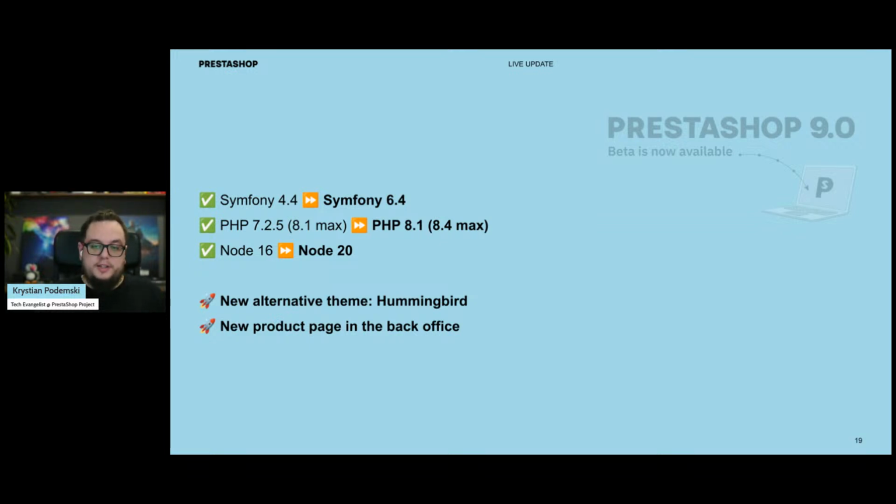And you might say that, hey, but this new product page was already available in PrestaShop 8.1. And yes, that's the fact. It was available. It is available starting PrestaShop 8.1. But it was also possible to switch back to the old page. In PrestaShop 9, there is only one product page, only the new one, which also, in my opinion, is a